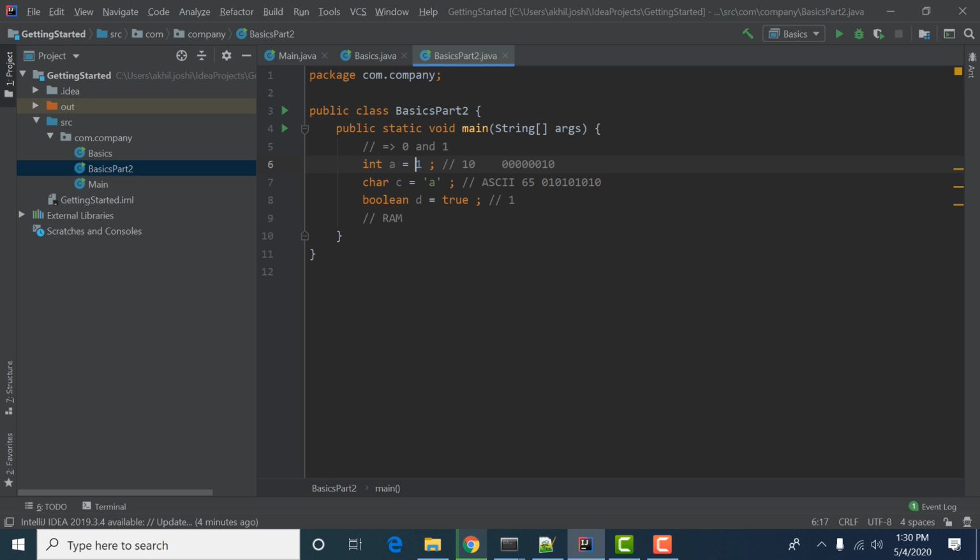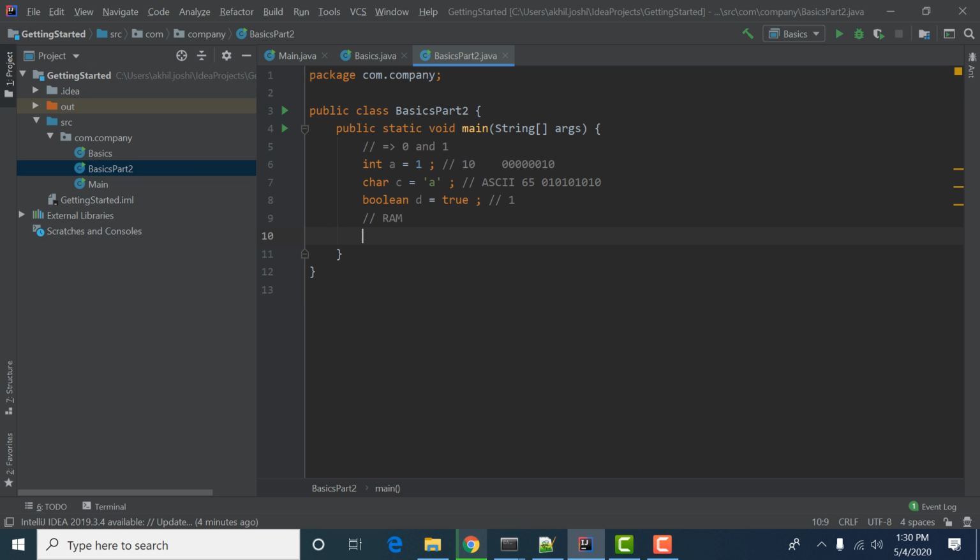This one value holds an address of 8 bytes in our random access memory. So these things are actually working in this way.